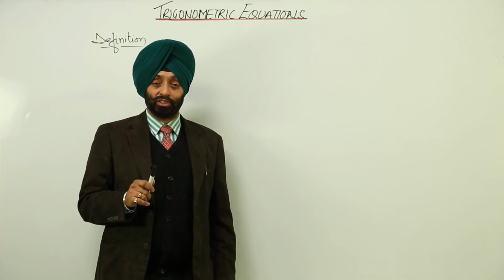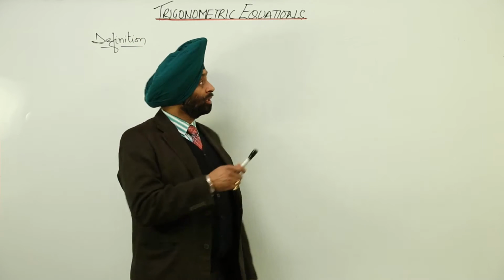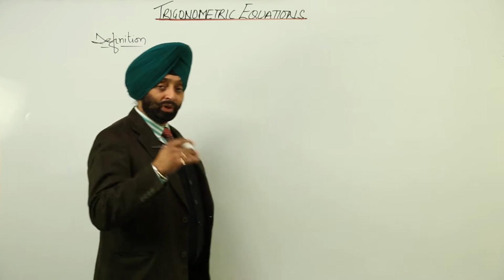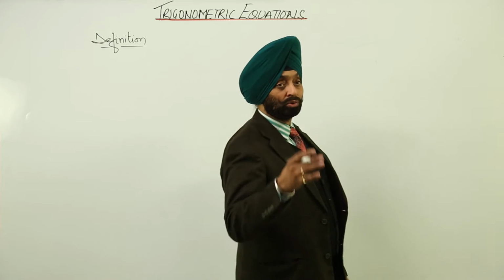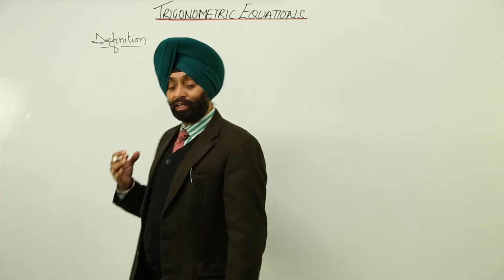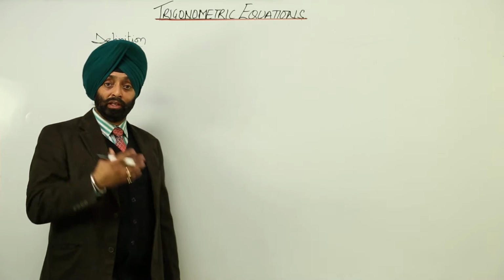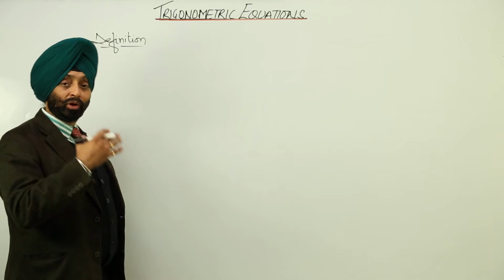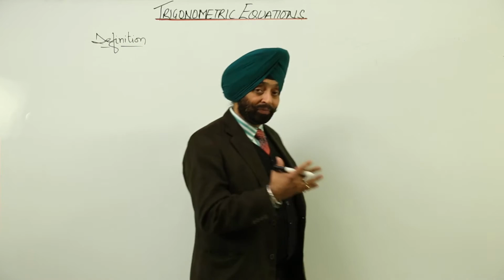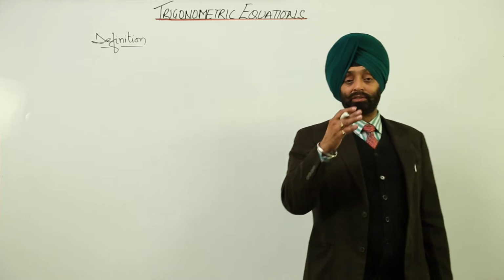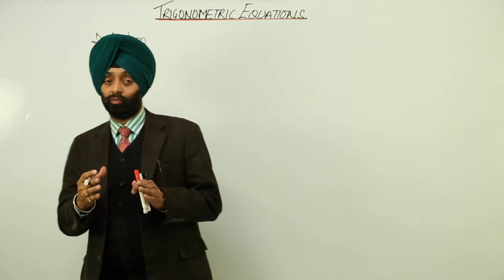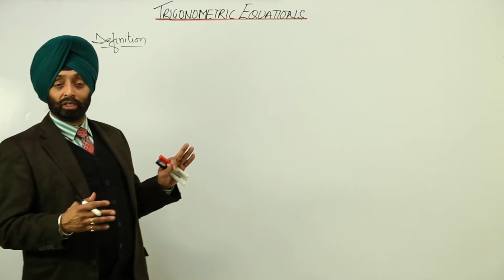Now the next important chapter under trigonometry is trigonometric equations. Since we have started the chapter, we have gone through the angles and arc lengths, then identities, then the values, the formulas, compound angles, then sum and difference of the angles, and graphical parts. Now, considering the graphical part, we are going to the trigonometric equations.